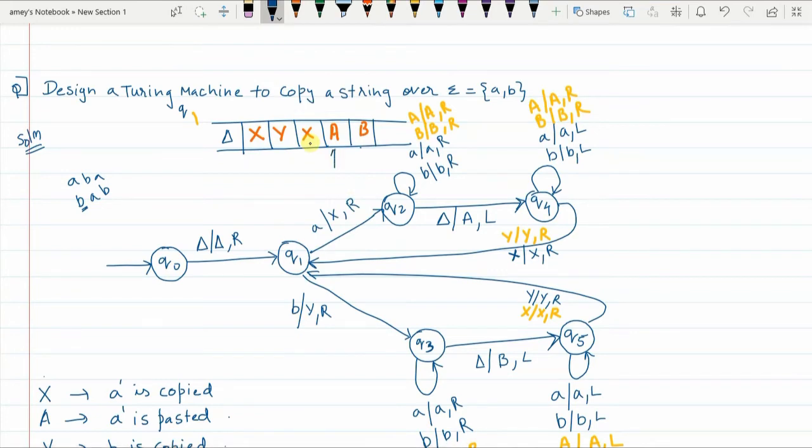From Q1 state you go to Q2 state. So I am in Q2 state here.